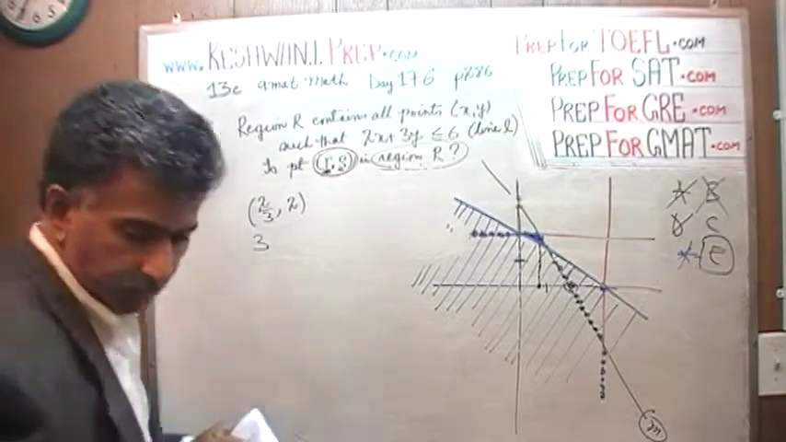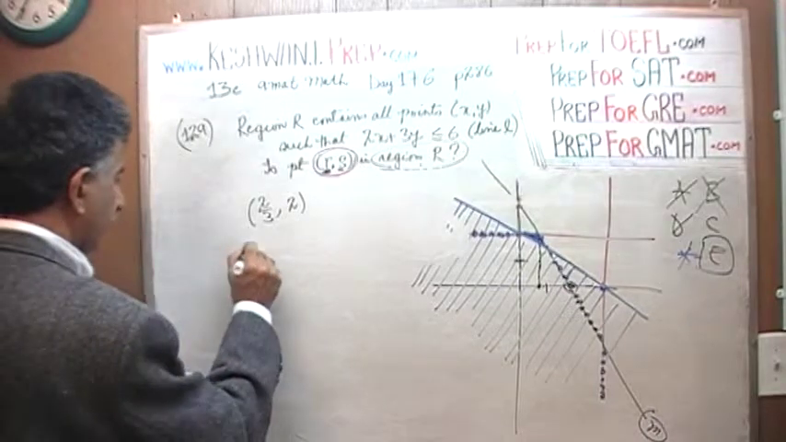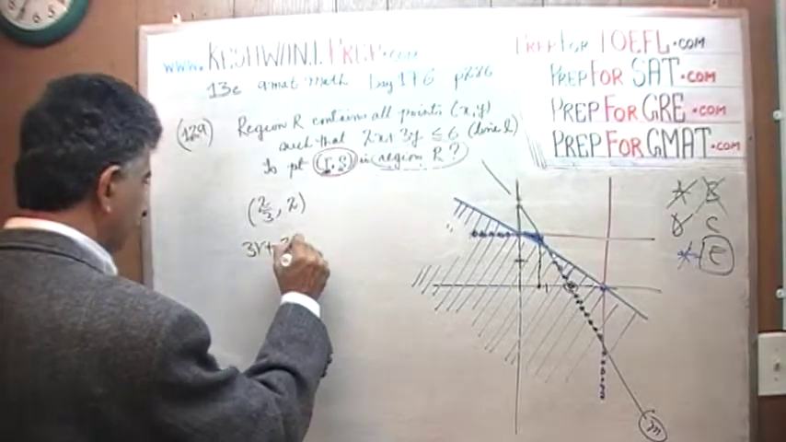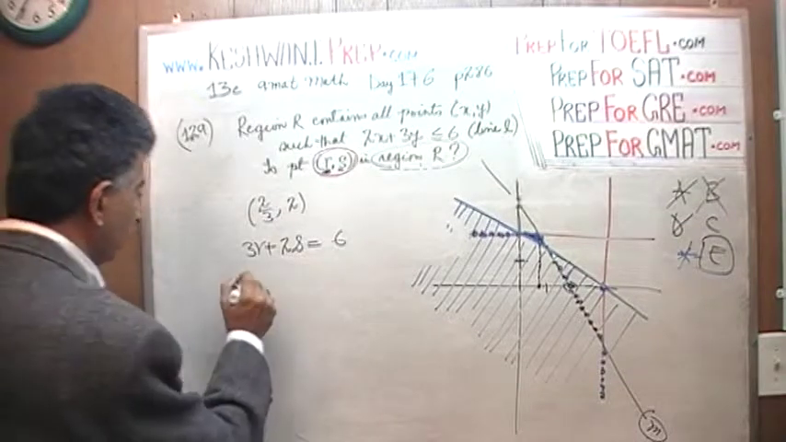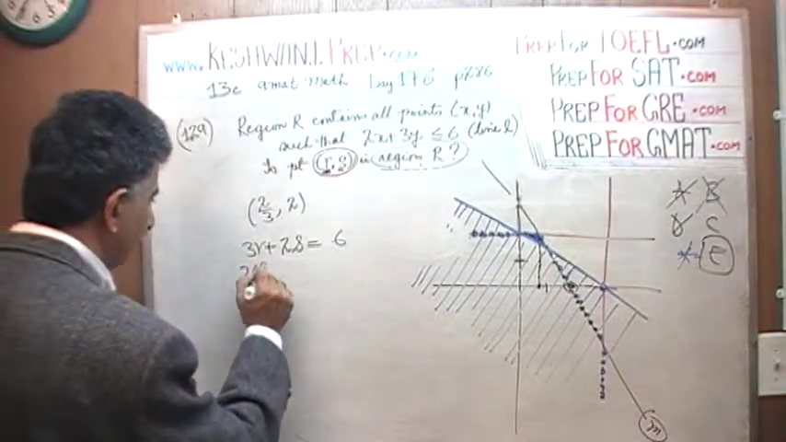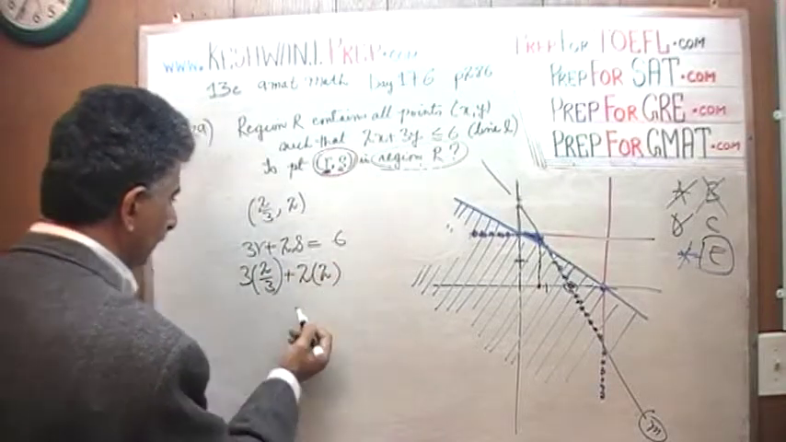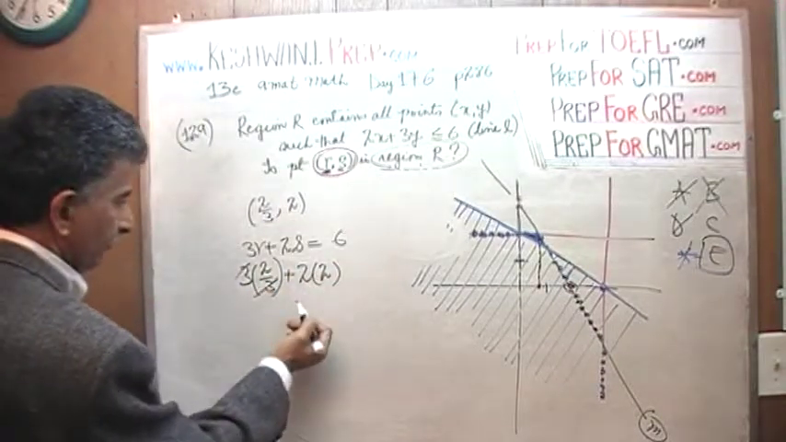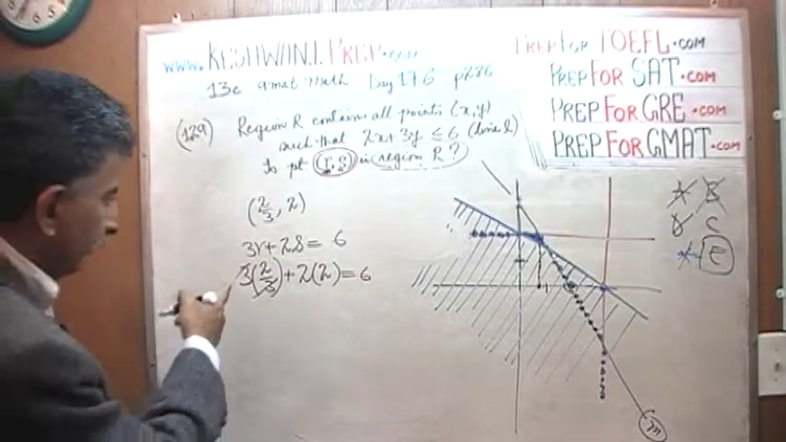This comes from the constraint from the first statement. 3r plus 2s has to equal 6. It has to equal 6. It must obey that constraint. 3 times r, which is 2 over 3, plus 2 times 2. 3 cancels out, and 2 times 2 is 4. 4 plus 2 is 6, and it obeys. You see, this obeys. So this point